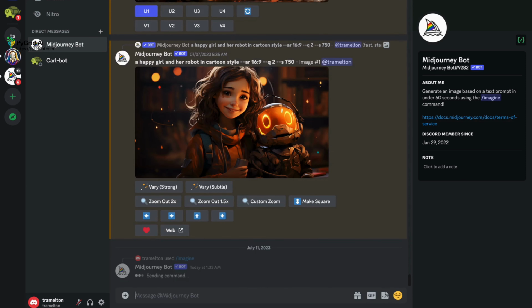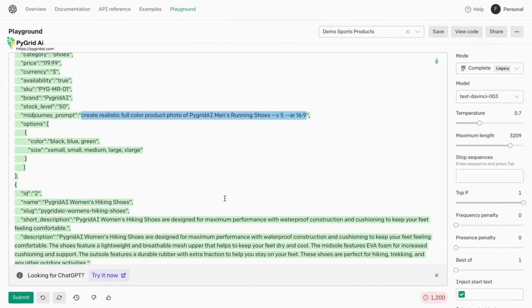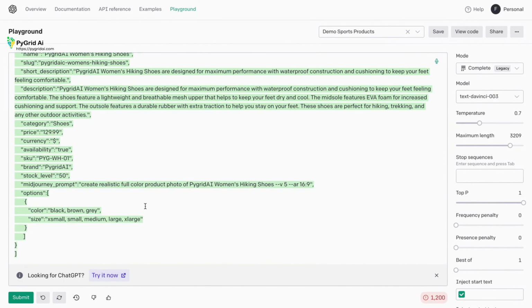When we run it, it's going to take a while to generate the product image. Then next, we will go back to the store and pick the next query for the next product,